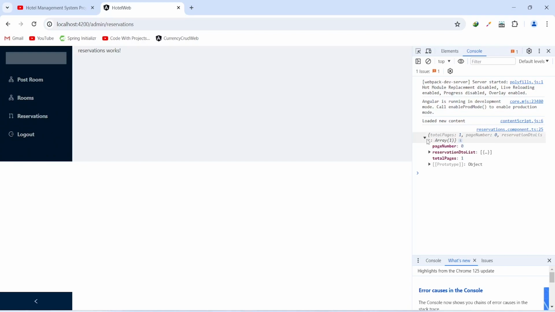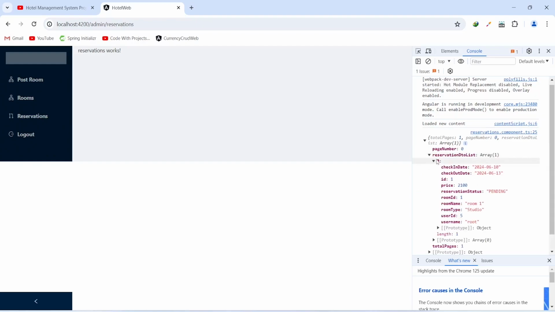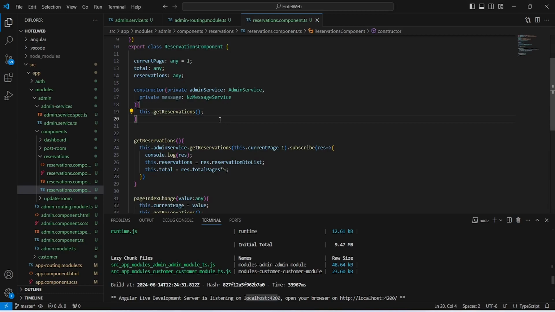And in this response, we are getting the page number as 0 and the total pages are 1. And after this, we have reservation DTO list. And in this list, we got one object which have the details of the reservation. And after this, let's go back to our Angular application and let's write the code to show this data on this page. And in our Angular application, let's open